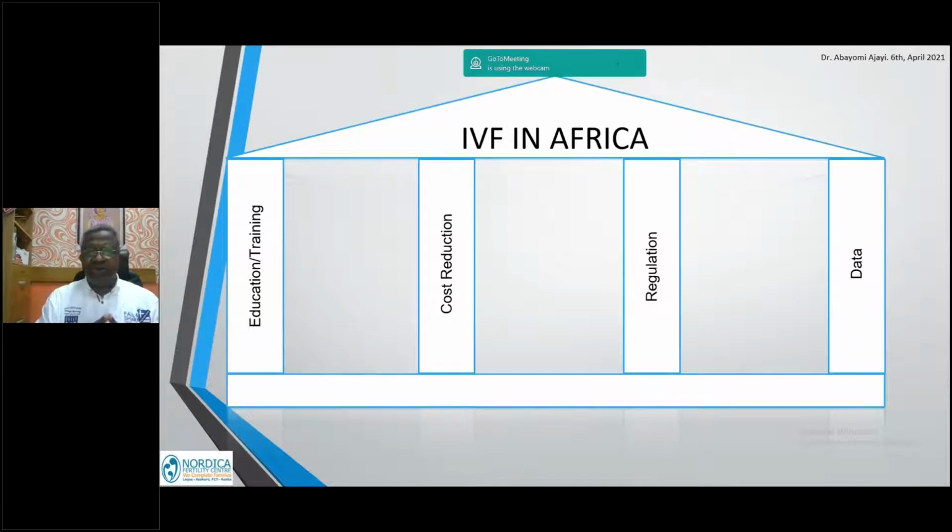Regulation is also an important part which we need. It's also been shown in Europe that the more the government gets involved in regulation, the more money they also put into the practice of ART. So it's something we're trying to get the governments in the different countries to be interested in. But we're starting with self-regulation, and the AFRH has started in Nigeria by putting out the minimum standards for setting up an IVF clinic in Lagos.